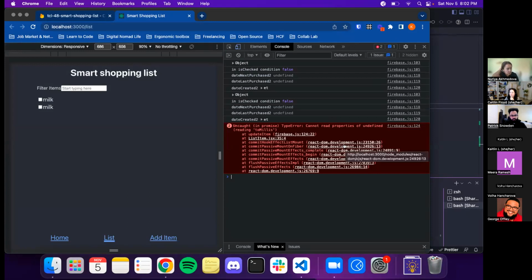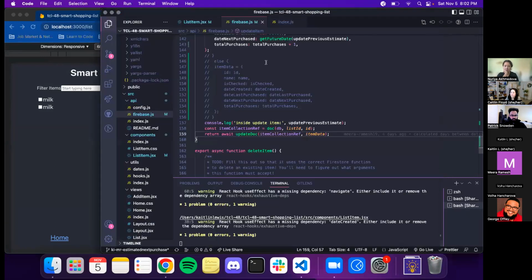Okay, so the current issue we're having is we're still getting undefined for some of our values.